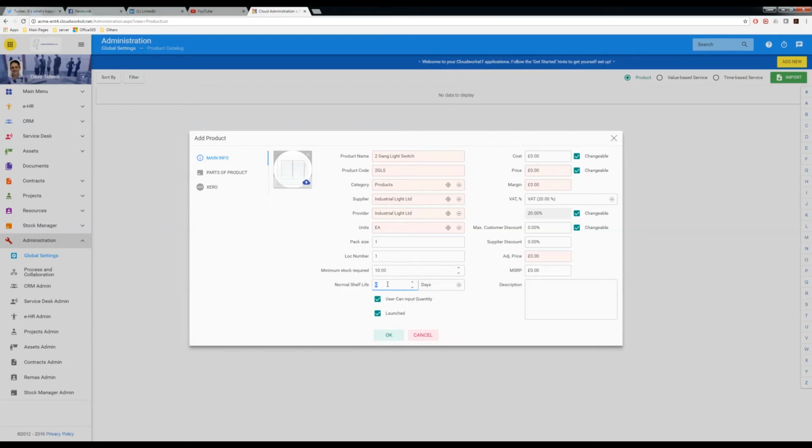So let's say the normal shelf life is 4 years. Can the user vary the quantity, and is the product launched? You can create things that aren't yet available for the future by unticking this. It's unavailable in opportunities. So let's say the cost to us is $4.99. The price to the client